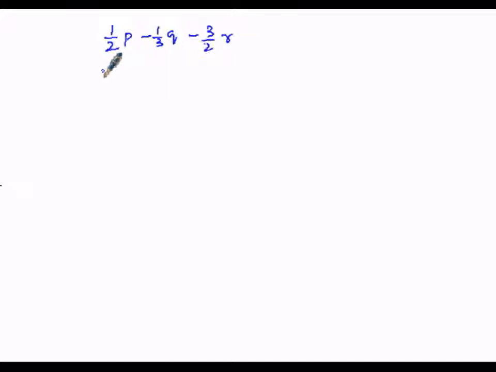Then minus half p plus q minus r as the second expression. So the second expression is half p minus 1 by 3 q minus 3 by 2 r, and the first expression is minus half p plus q minus r. While we are performing the calculation, the q coefficient is 1 and the r coefficient is 1 in the second row. This is how we have arranged it in row number 1 and row number 2. Then now we are performing the subtraction here.